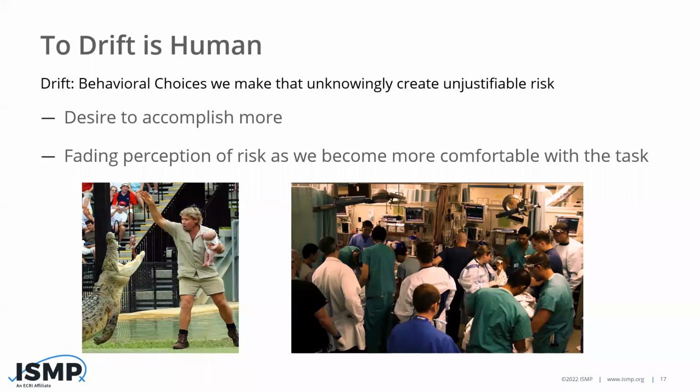And the key thing is defeating perception of risk. You see that picture on the left? That's a great old picture of Steve Irwin back in the early 2000s. And you can search this on the internet, by the way, the interview after this photo was taken. Now, in the chat box, I want everyone to tell me what you think. Let me see what Steve's doing. He has this baby boy in his left hand while he's feeding, I assume, an alligator with some raw meat in his right hand. Do you think that's a human error? Is that at-risk behavior, or is that reckless behavior? I'll let you put some responses in the chat box.